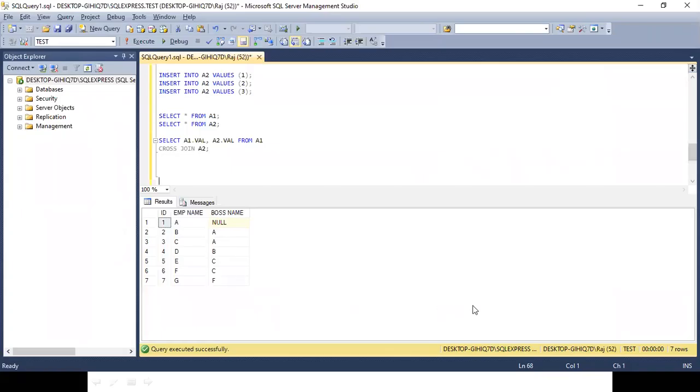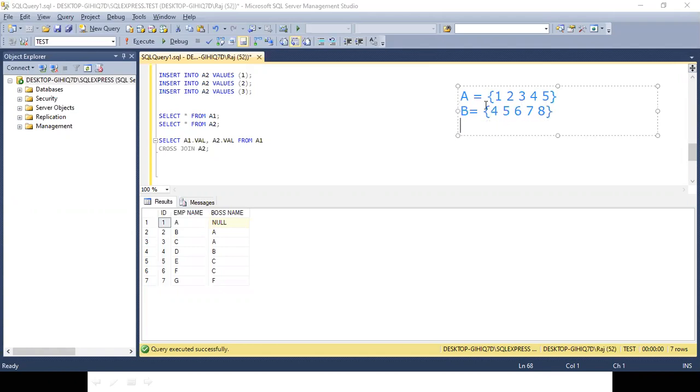You might have studied set theory in your school days, where we had something like A union B, A intersect B. For example, set A is equal to 1 2 3 4 5, and set B is equal to 4 5 6 7 8.